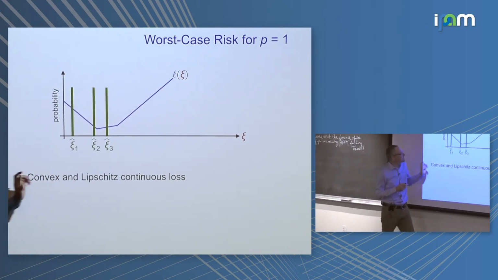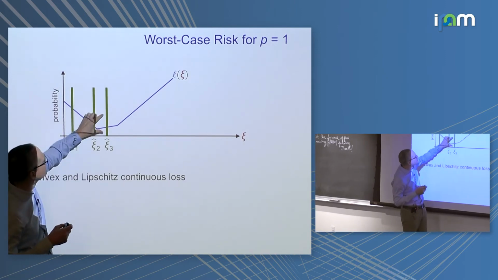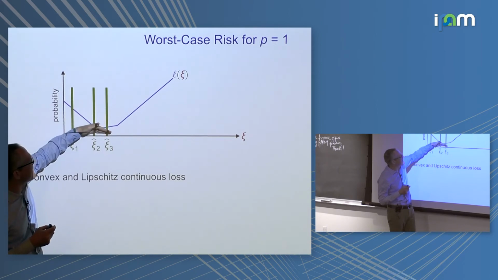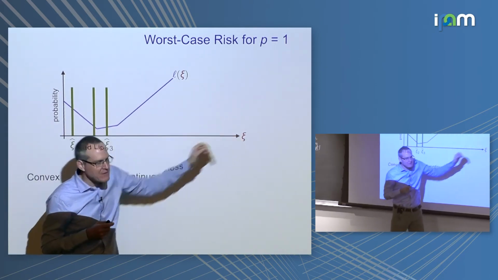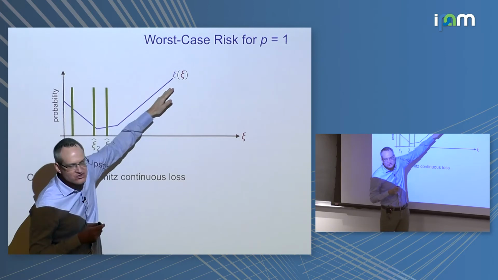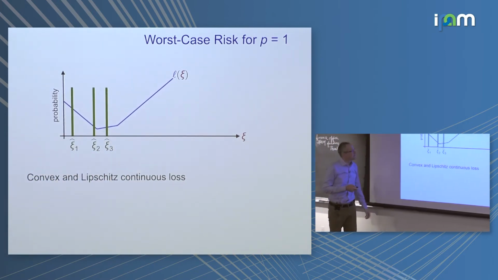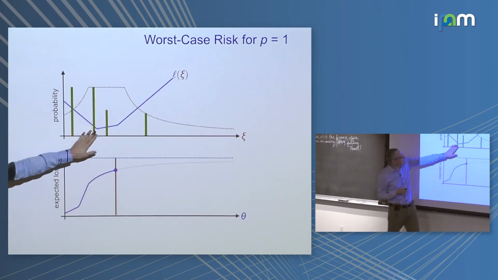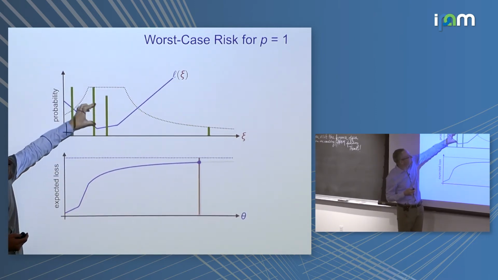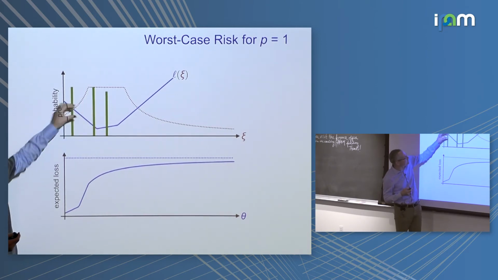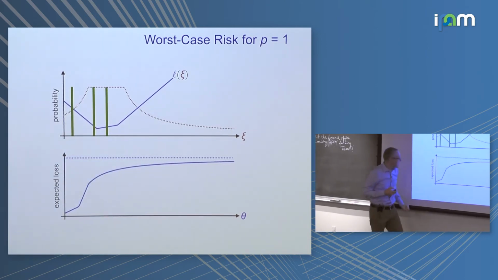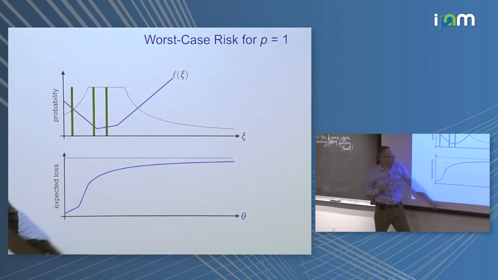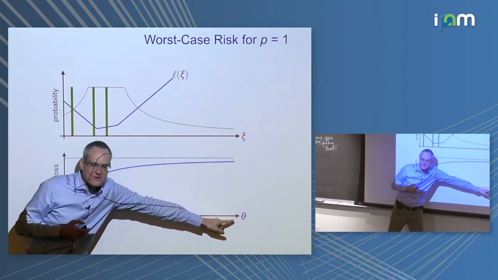It turns out that in this example, what we should do is move a decreasing portion of the third training sample infinitely far to the right, which is the direction in which this loss function grows steepest, right? So actually, here is a video of what happens. In the upper panel, I show you how the perturbed empirical distribution looks like, where a small portion of the probability goes to infinity. And on the lower panel, I show you the expected value of the loss function under the perturbed distribution as a function of the shift theta.